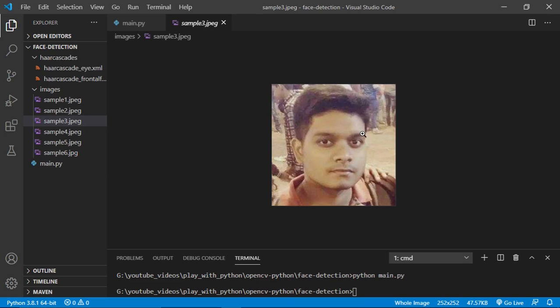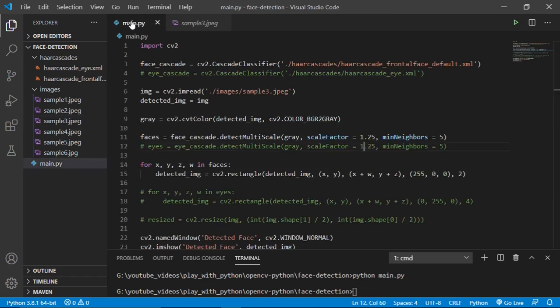It looks for bigger faces in that scaled down image, and if it finds them, perfectly okay. If it doesn't, it again scales down by 25%, and it goes on like that. If you pass 1.05, it scales down by 5%. So that's the thing.